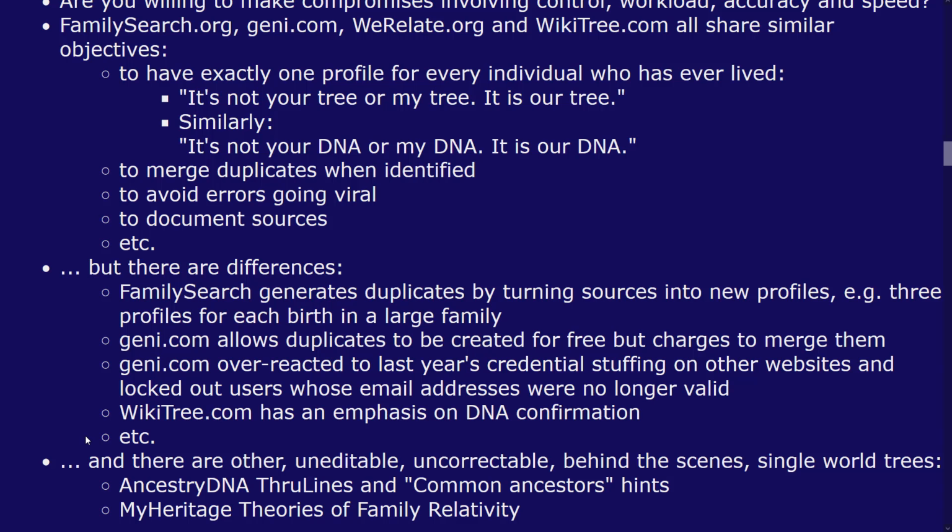Genie.com has some DNA features. Family Search doesn't. I don't think WeRelate does. But these are not the only single world trees. We have Ancestry.com and MyHeritage.com harvesting all the user-donated trees, trying to glue them all together, trying to make their